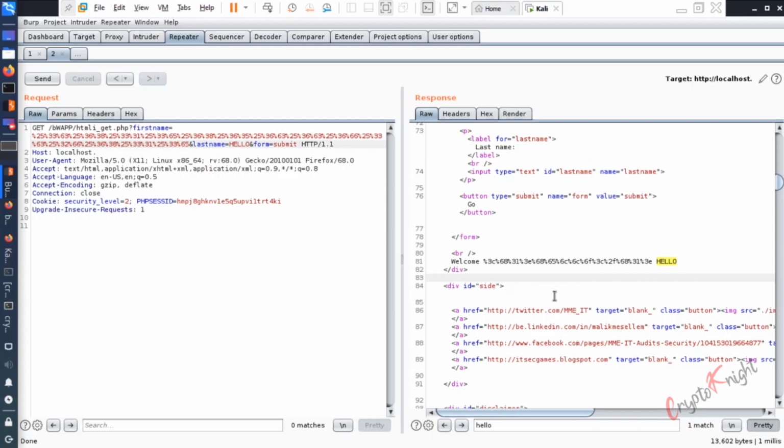How you protect against it is by sanitizing the input, which means whatever the user is giving as input. The special characters like less than sign, greater than sign should either not be allowed to enter, or if they are necessary, they should be HTML encoded. I hope you understood the concept of HTML injection. So this was the HTML injection in the GET request.